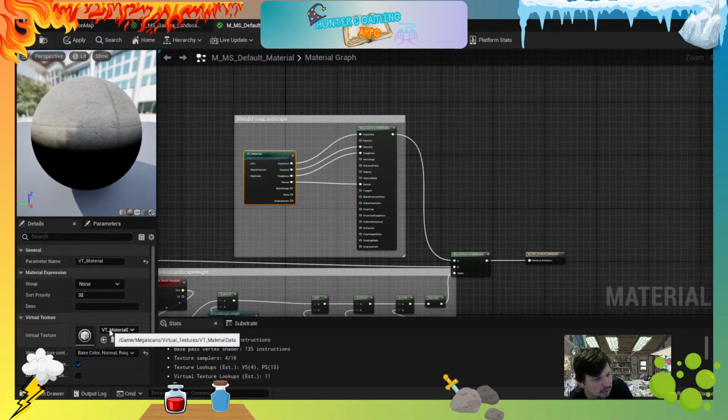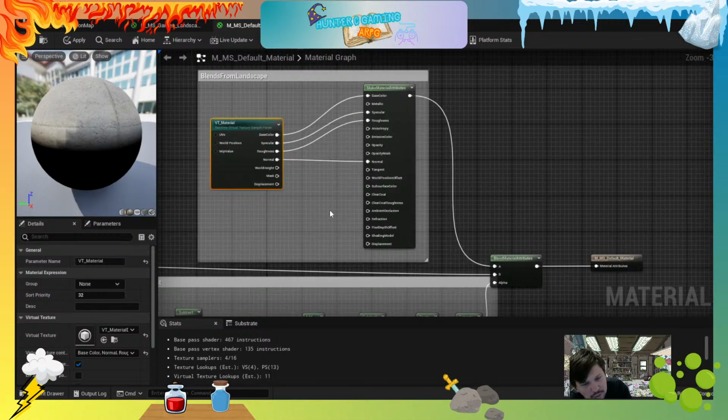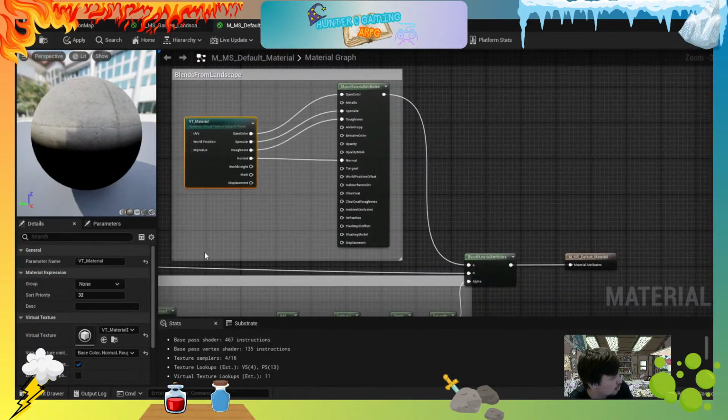But we can't blend our base color, specular, roughness, etc. into here because we need an actual in-between for our material attributes. So I can right click and do make material attributes, and I can connect these all up. Base color, specular, roughness, normal, and I can hook up our make material attributes. And to fix this error, I just select the VT material landscape, and now I can choose our landscape material data. And now I'm just going to comment this. Highlight, C,